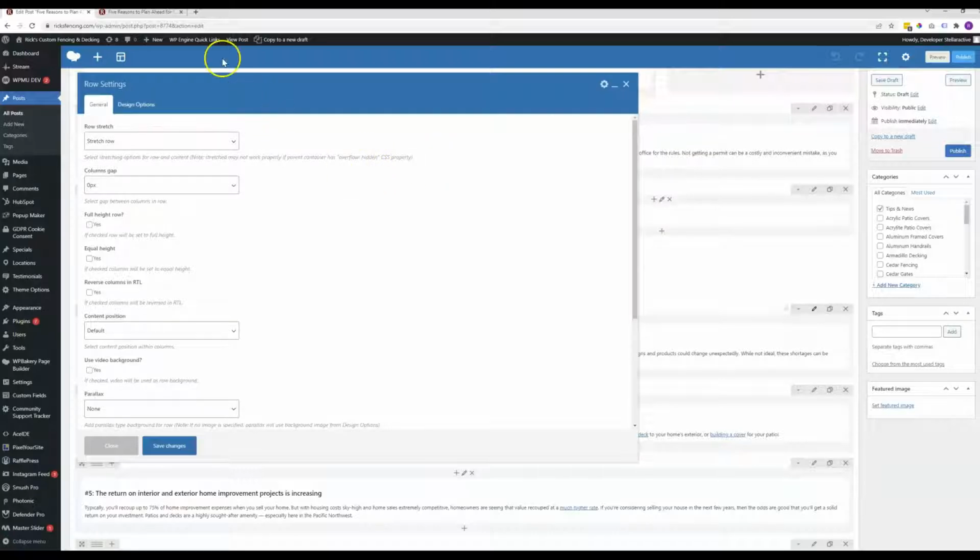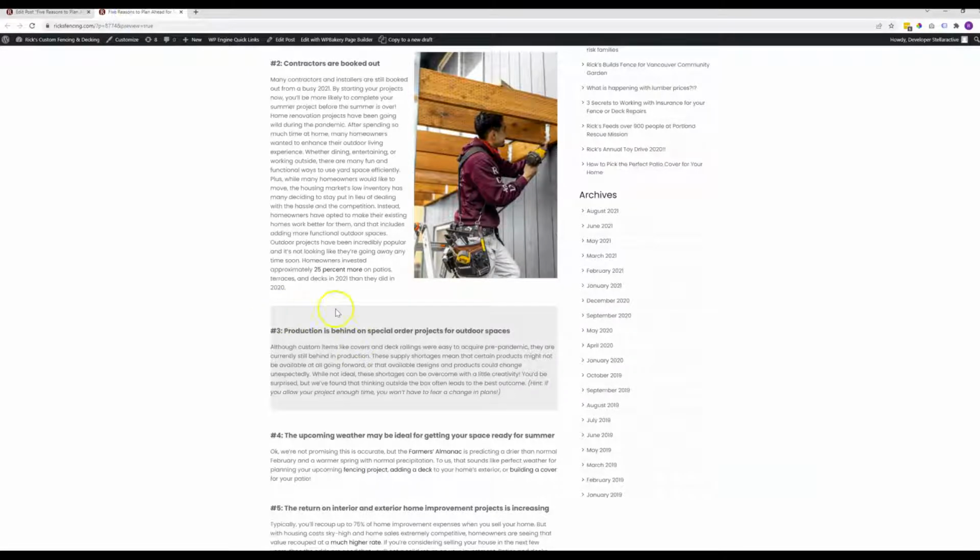Yeah, so typically when I put stretch row, what it should do is push this all the way across, but it's not doing it because of this guy here. So that's not going to work in this instance. So yes, you are correct. In order to not have this butt right up against here,